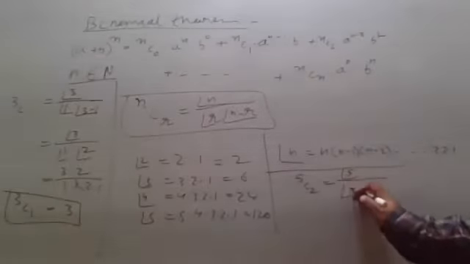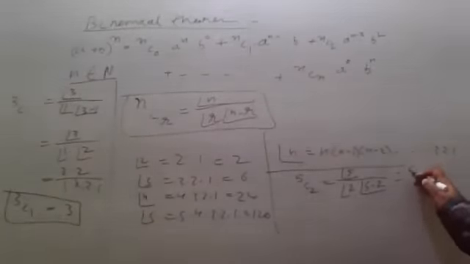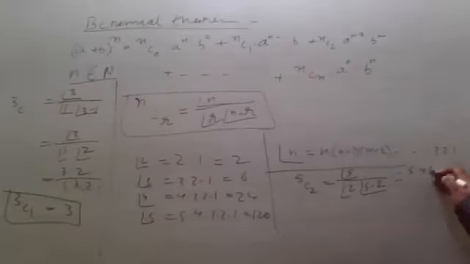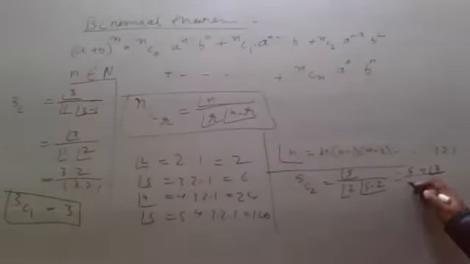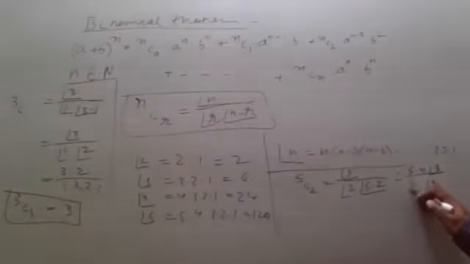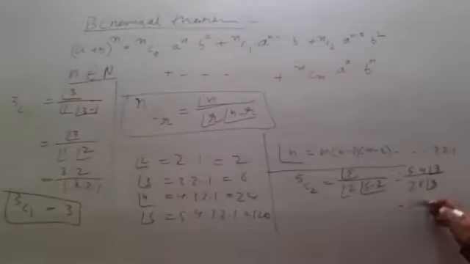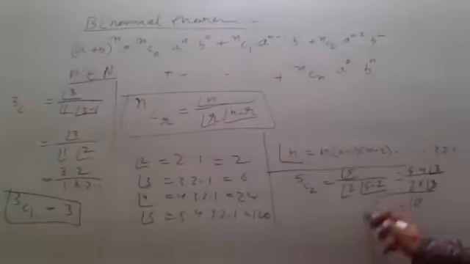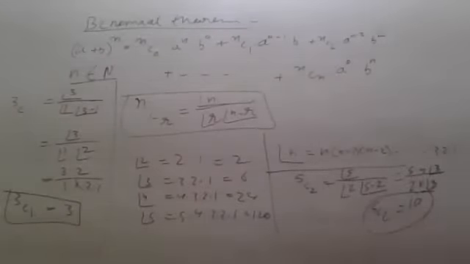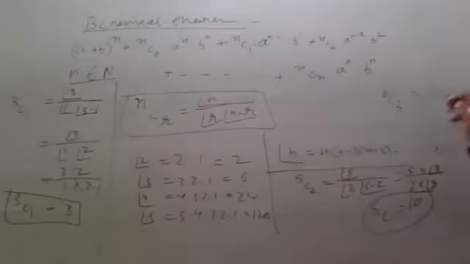n! upon r! into (n-r)!. 5! is 5 into 4; remember, after this we will have factorial 3, 3 into 2 into 1, and we already have factorial 3 in the denominator. And the value of factorial 2 we know is 2. So factorial 3 cancels out, 2 into 4, 5 twos are 10. So the value of 5C2 will be 10. Understood, everyone? Now can you find the